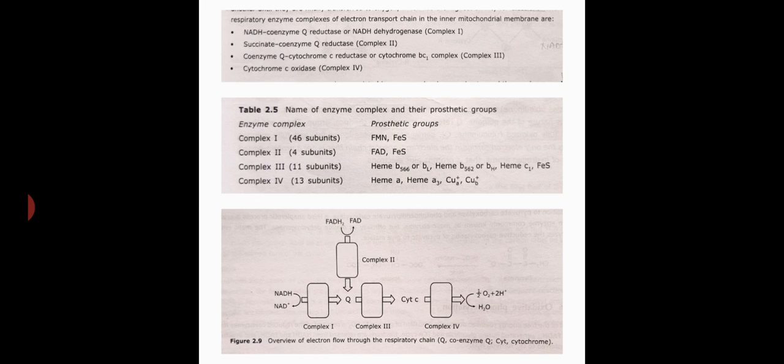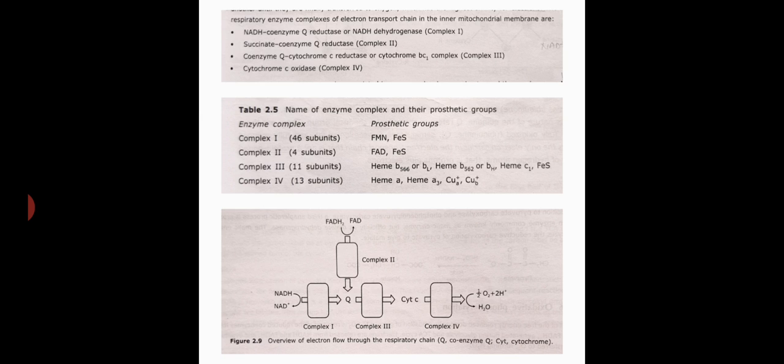From NADH and FADH2, electrons are transferred to oxygen through a series of electron carriers present on the inner mitochondrial membrane. These electron carriers are grouped into 4 large respiratory enzyme complexes, each containing transmembrane proteins that hold the complex. These 4 major respiratory enzyme complexes of the electron transport chain in the inner mitochondrial membrane are